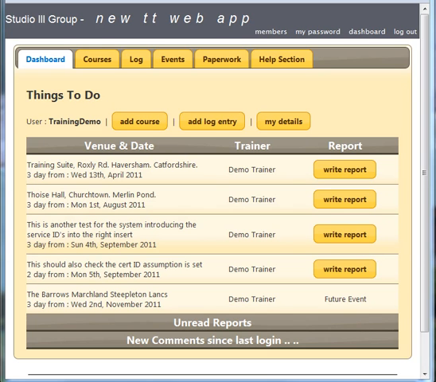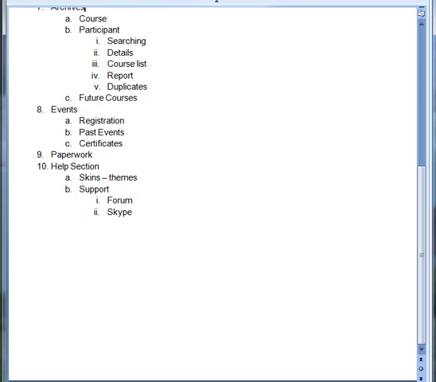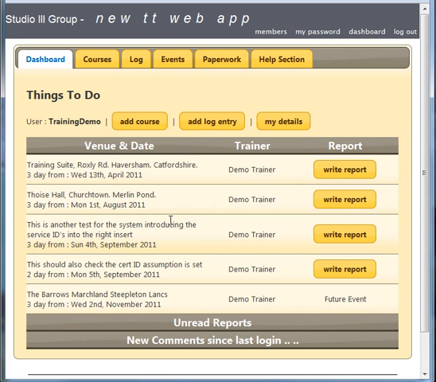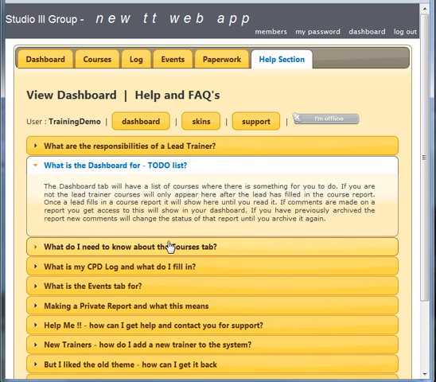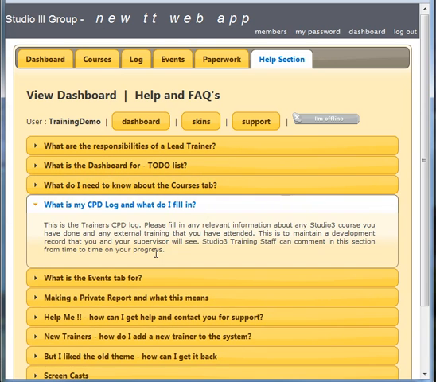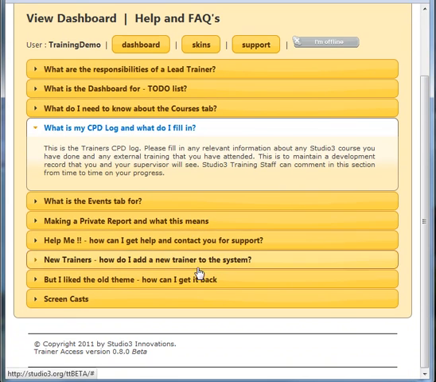The next thing on our list is the help section. We're going to talk about the help section, skins, theming, support from the forum, and Skype itself. So, when it comes to the help section, there are standard questions that you really need to understand, like what are the responsibilities for a lead trainer. I haven't changed a lot of the text from when the original software was in place, but there are a